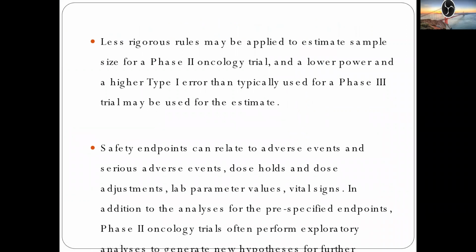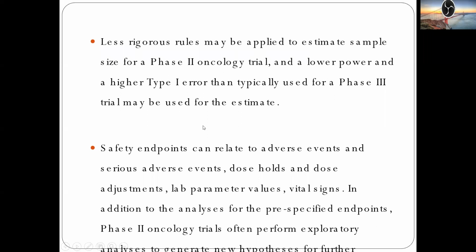Right. So when compared to the phase 3 clinical trials, the stringency will be more. Means the number of follow-ups of a patient in a phase 2 clinical trial will be more when compared to the phase 3 clinical trial. But for the sample size, the type 1 error will be somewhat higher when compared to phase 3 clinical trials. Normally in phase 3 clinical trials, we'll take a higher power, like